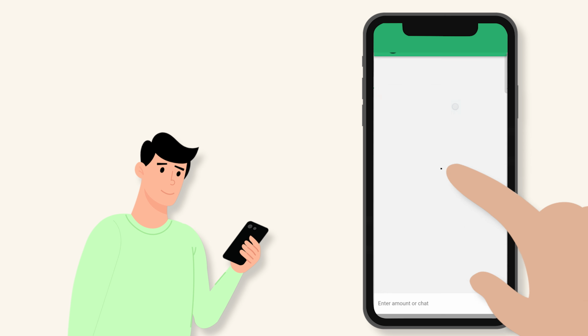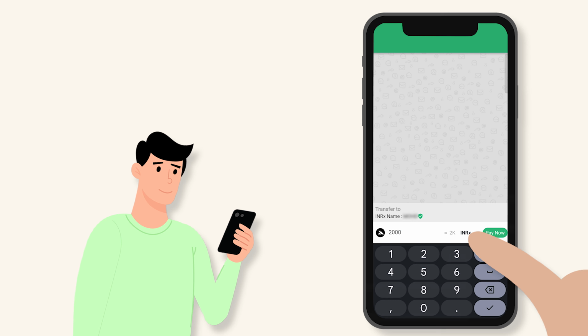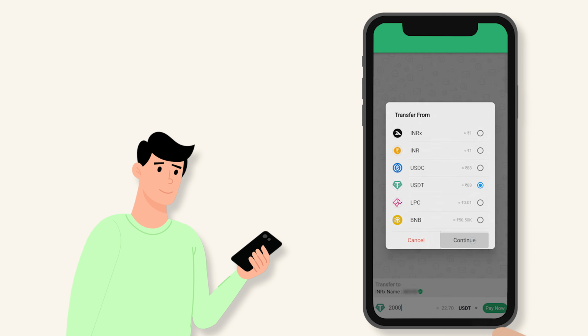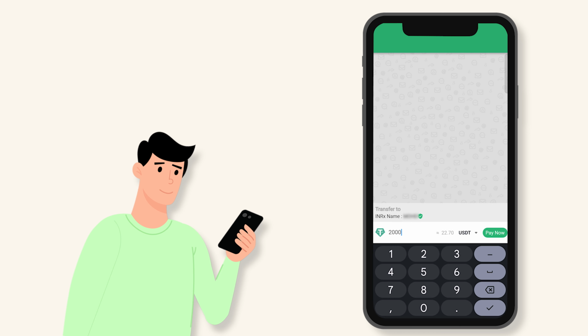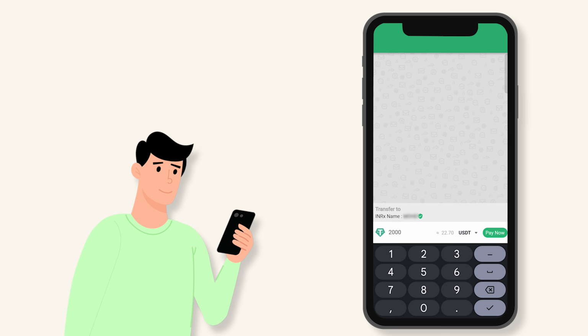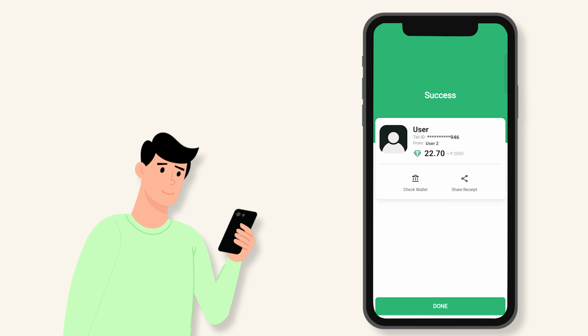Now, select the added bank account, enter the INR amount you want to send, like 2000. Choose your crypto with balance, for example, USDT. After selecting USDT, you can see the value of 2000 rupees in current USDT rate, and the app will automatically deduct the equivalent USDT from your wallet balance. Tap Pay Now, enter your 6-digit UCPI PIN, and the money will be transferred directly to the receiver's bank account